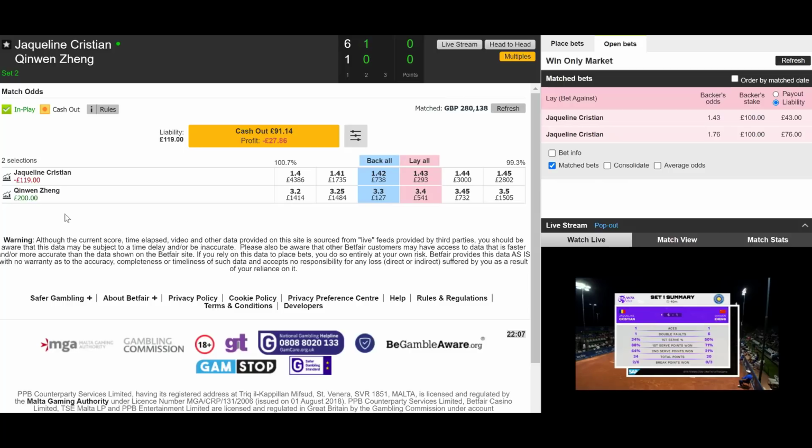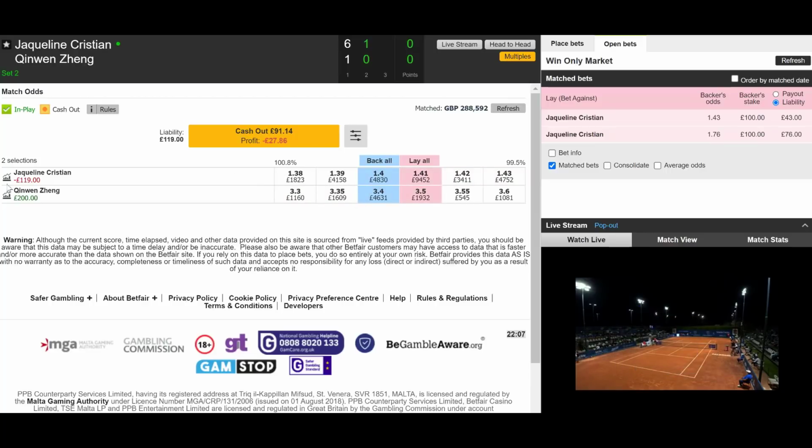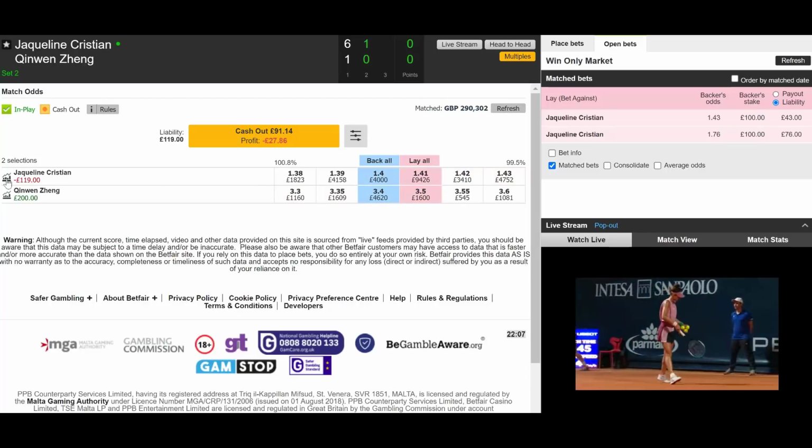1.443. We got matched that. It shows that our overall exposure in the market is £119. But remember, you're not going to be risking all of that. Currently, we could exit for £27, and you want to maybe make your stop loss in this, possibly £50, £60, okay, if you wanted to, because the odds are going to move slowly down to 1.01 rather than just being